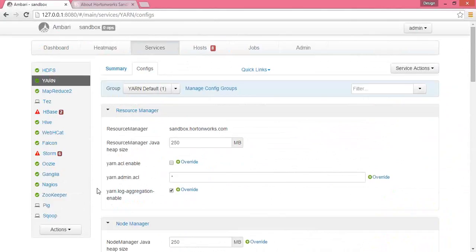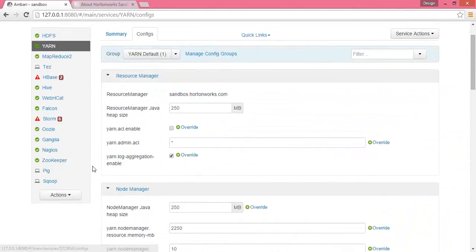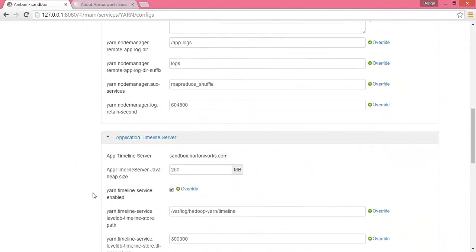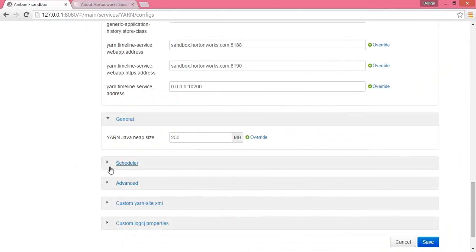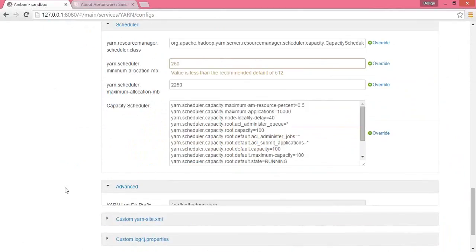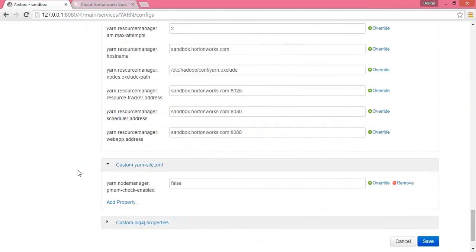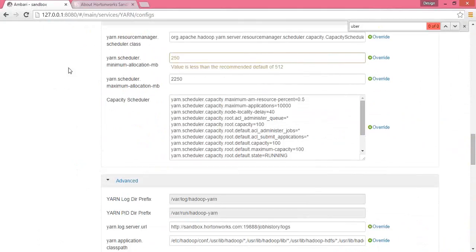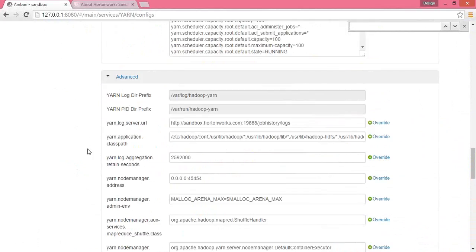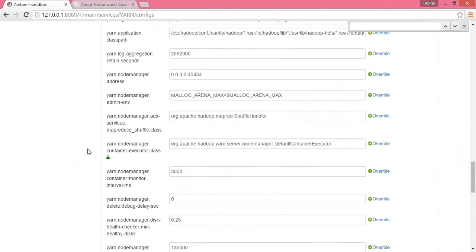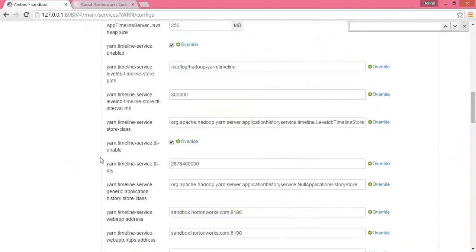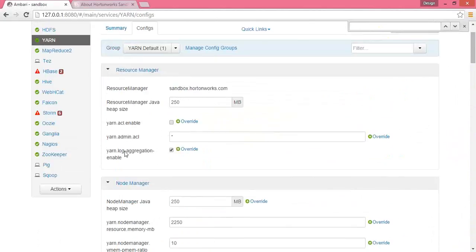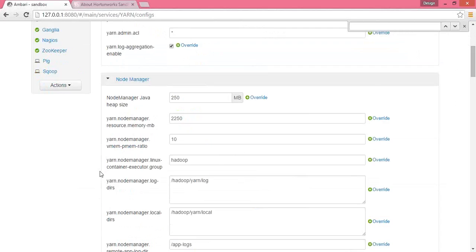Okay, so the yarn has all your configuration related to yarn. So I'll just click on yarn. So here you will see all those things also, and the other related things would be somewhere here only. So if it's not configured over here, the default one would be taken care of, and all the yarn related things would be here. So you can see your resource manager, your node manager,